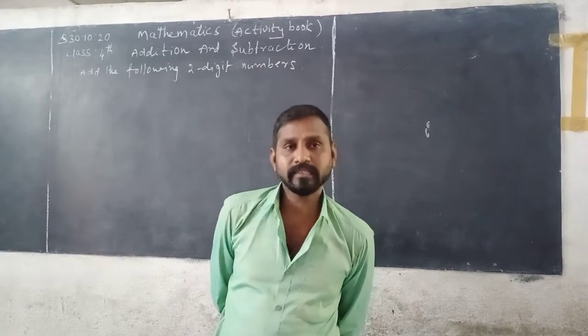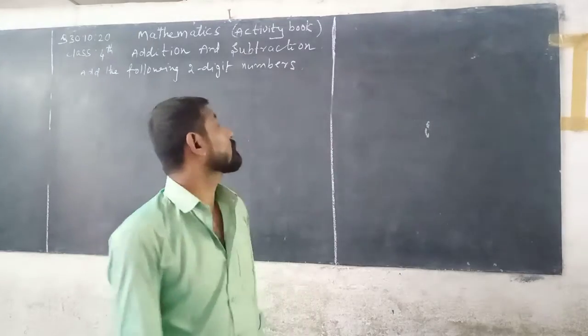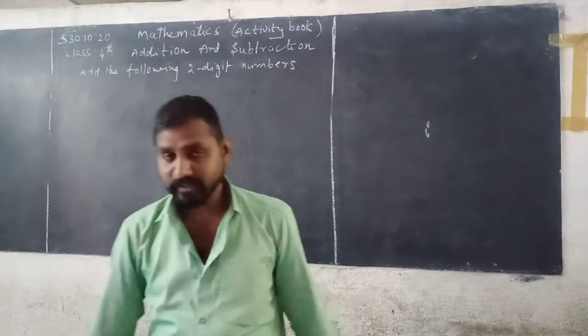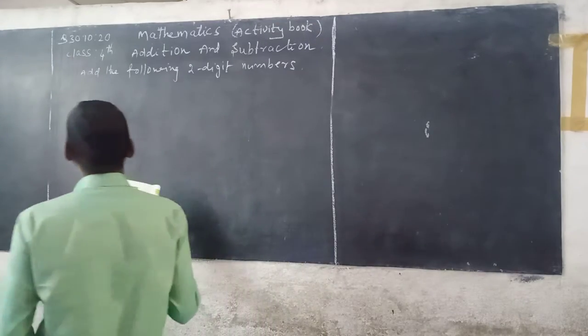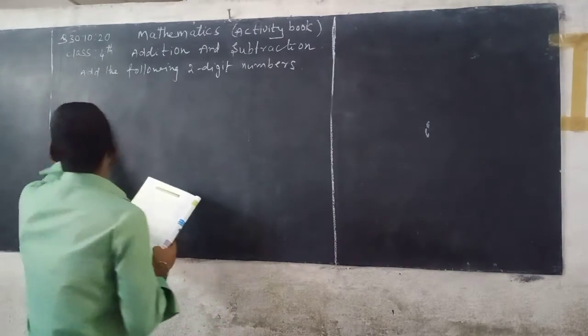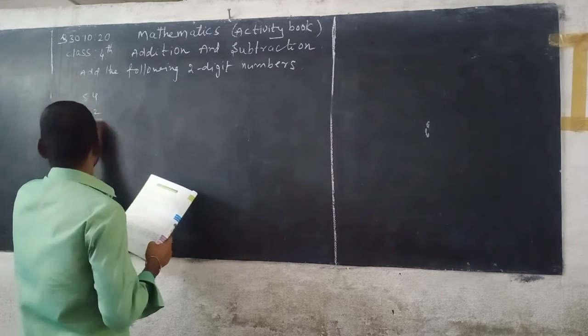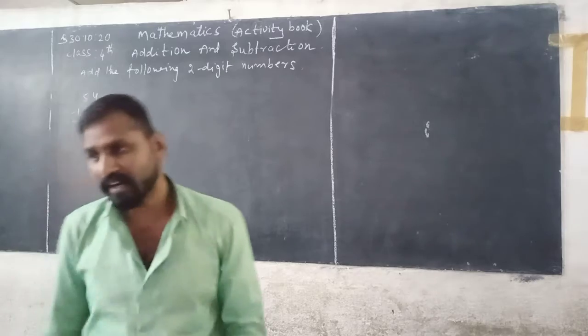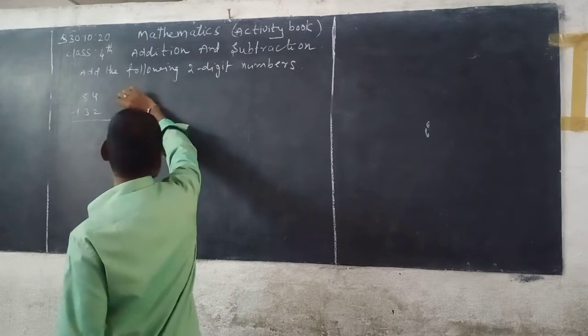Today we discuss addition and subtraction. From your activity book, page number 24. Listen carefully. Add the following two-digit numbers. See here, 54 plus 32. First, write the given numbers column-wise according to their places, and first add the digits